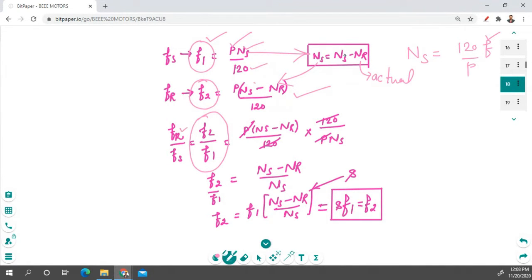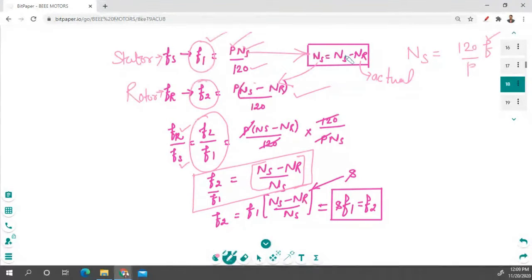After that we will find out the ratio between these two frequencies. This is Fr, R stands for rotor, S stands for stator. Rotor upon stator: this frequency is for rotor and this frequency is for stator. We will multiply these two equations right here. All the equal parts will be cancelled out and we will achieve the ratio between the rotor and stator part, which is Ns minus Nr divided by Ns. We rearrange this equation and this complete formula becomes the slip.